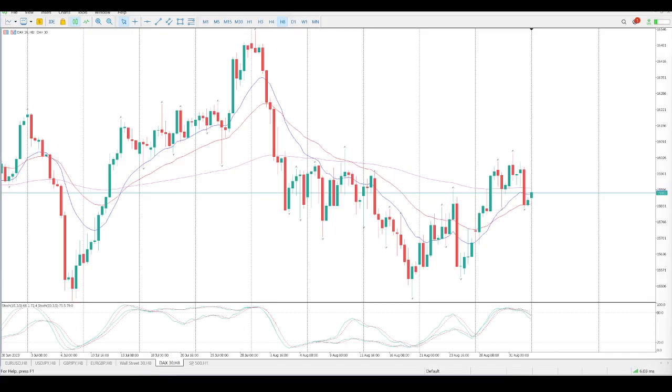So the confusion continues. We have had a fairly decent rejection here, and that's of this pin bar again, and that is at 1600. So 1600 has pretty much been thought on our side for some time. The question is, is this a double top? And you can see there's a fairly decent follow through going into the close of the week, but